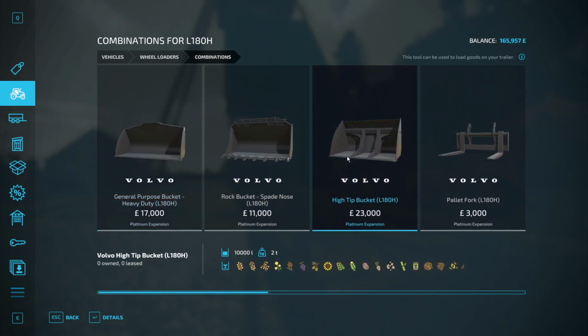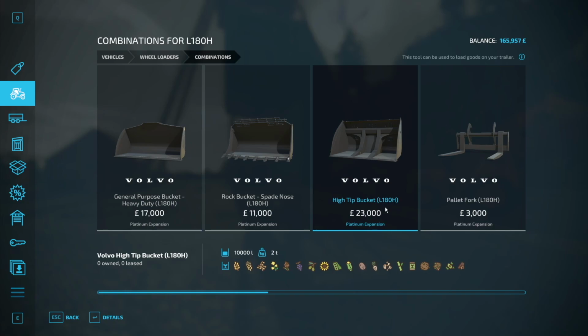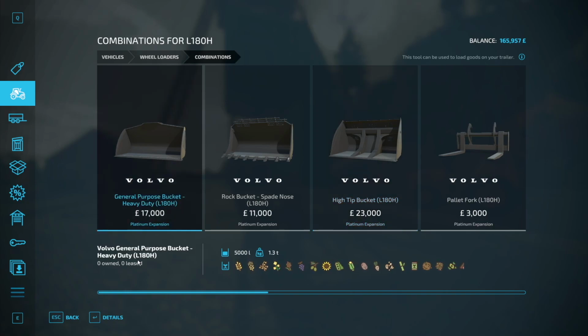But, for example, look at this bucket. Look at that. 10,000 litres. What? That's mental. That's absolutely mental. This I would probably buy outright. But potentially I would go with... Oh no, it makes no sense to not get this one. But I wonder...